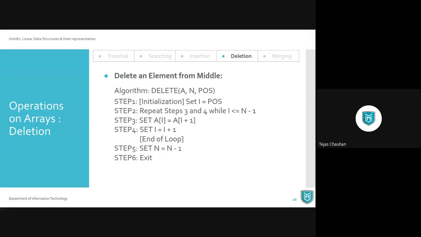Any query or question? Yeah, Horst is asking about insertion, line number 6, a of pos minus 1.